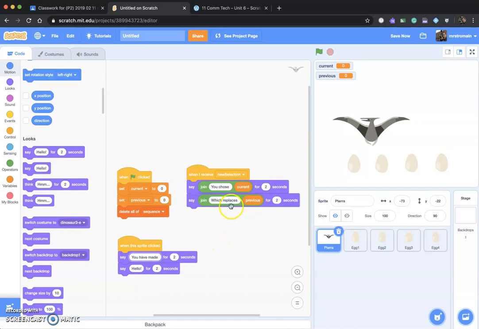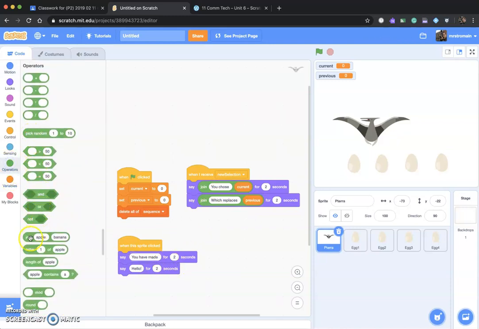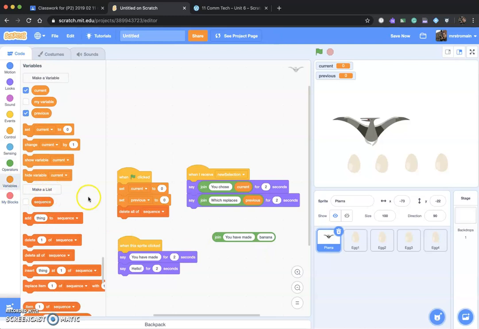I wanted to say the number, but I can't put that in here. So let's get an operator. I want to get my join operator, which is this guy. I'm going to put this text "you have made" into the first one. "You have made" space, and then I'm going to go down here to my variables to where my sequence list is, and I want to find out